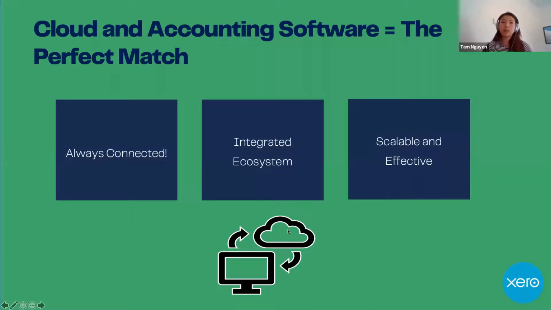So cloud and accounting, why they are the perfect match and why we're headed here now in this industry. Again, we mentioned that it's cloud-based. You're able to access it from any device, anywhere, which gives you the flexibility to work wherever you want, in ways you may never have imagined possible before. So online accounting means small business owners can stay connected to their data and to their accountants. So you have better access to your advisors, again in a timely manner.